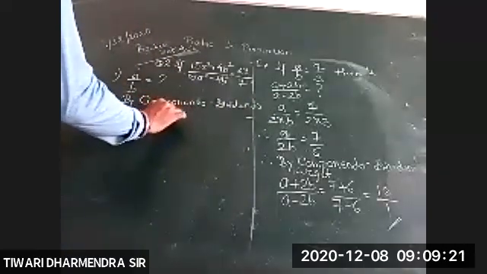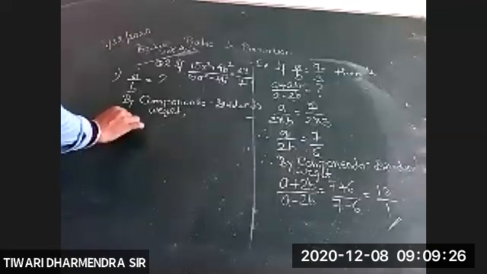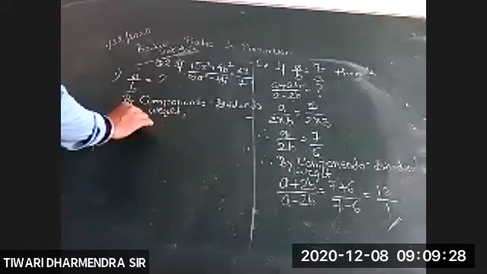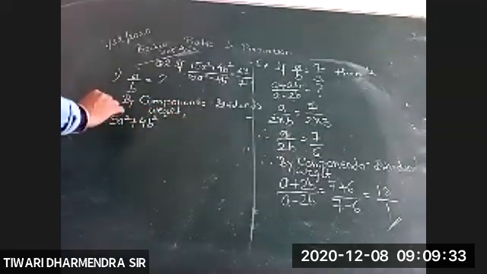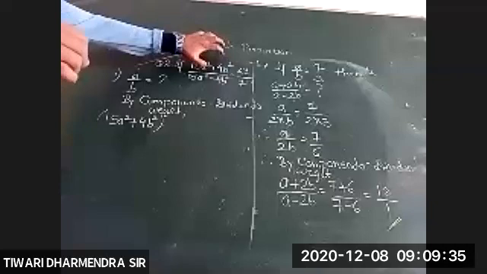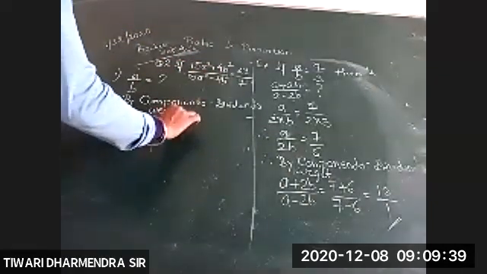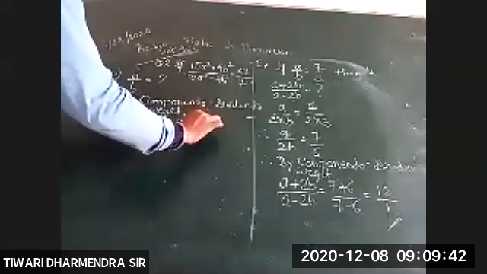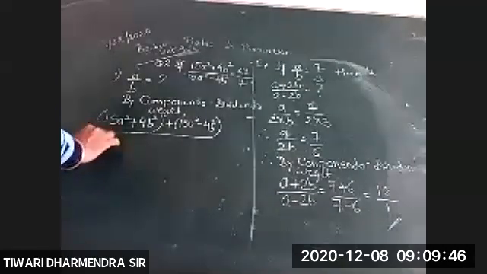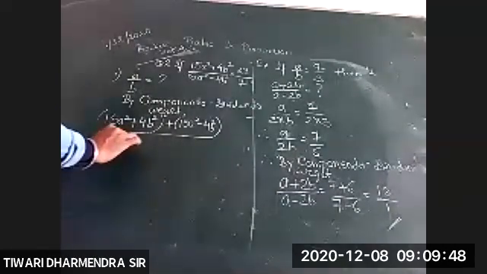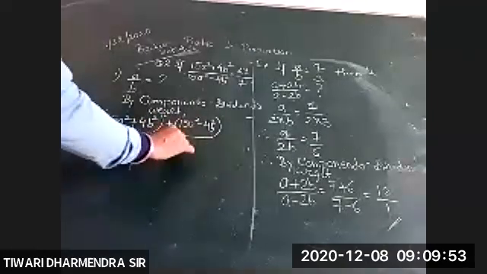What do we get? 15a square plus 14b square. This is the term in numerator. Now what does componendo say? Add. We have to add the denominator. Plus 15a square minus 4b square divided by 15a square plus 4b square minus